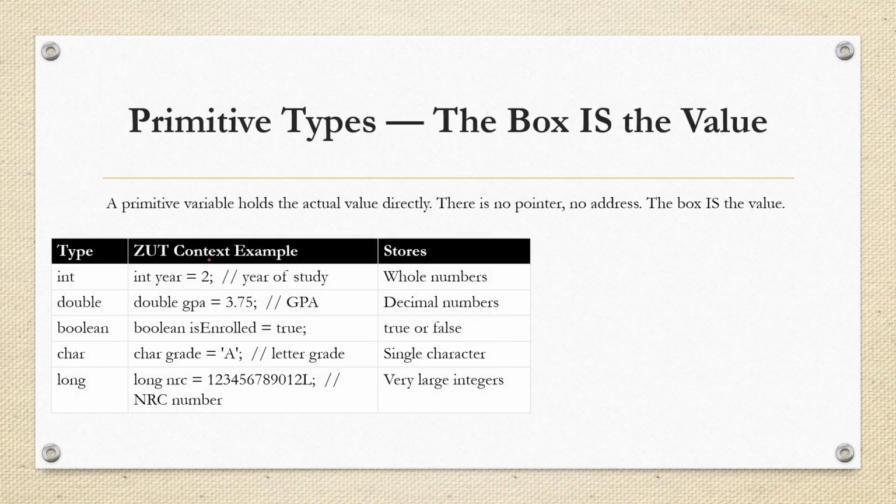These are the primitive types that we will mostly see. We can have int, which will store whole numbers. We'll have doubles, which can store floating numbers like 3.75, in this case the GPA. We have Boolean, which can store yes or no values, that's true or false. We can have char, sorry, not char, which can store a letter grade, maybe like A,